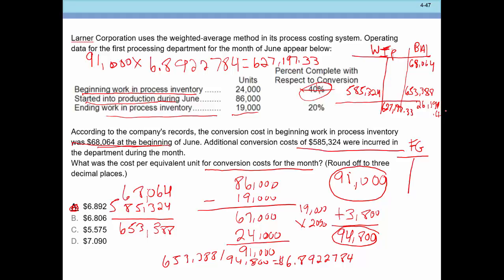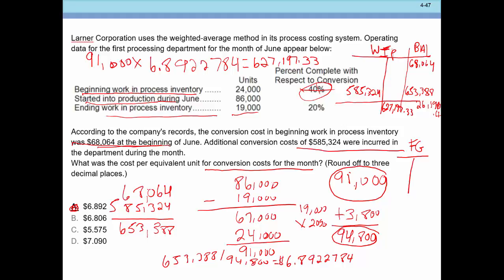I'm left with a balance of, I didn't get 26,191.67. I got 26,190.67. So we got a difference of $1. Okay, so it's 26,190. Right? Okay, that's what's left in my